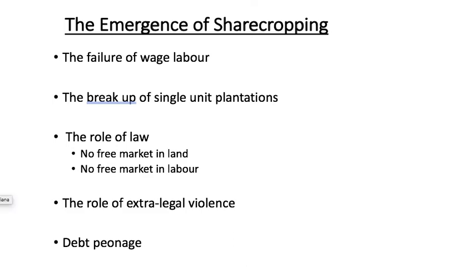Okay. So as I said, what this meant was the breakup of large centralized plantations. And as we saw on that slide there, the difference. Now this system, we get this ruling consensus of white-owned land and black labor. Now, because sharecropping potentially gave former slaves far more autonomy than they would have had under a centralized system of wage labor, and I say potentially because they're tied to that land because of this system of debt dependency that they fall in, the planter class worked very hard to ensure that there would be no free market in land